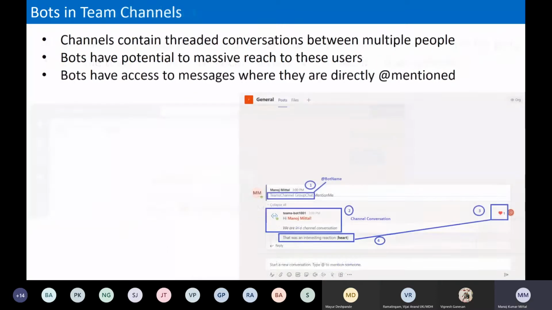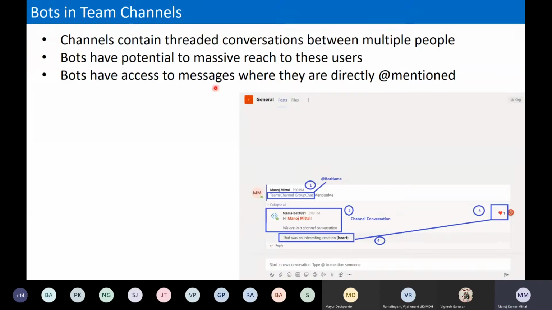Now moving to the next one. The Teams channel contains threaded conversations between multiple people, and both have the potential to reach massive numbers of users. Whenever we interact, we know that conversation will reach a massive number of users, unlike a one-to-one personal conversation.